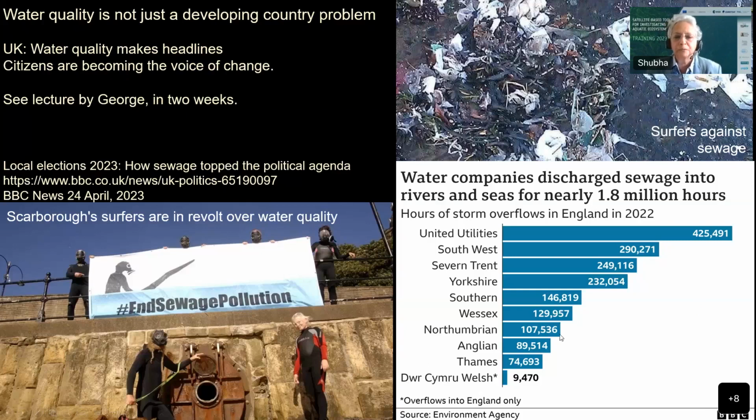And this has only made the news because surfers have united against mistreatment of our waters. So a group called, what do they call themselves? Surfers Against Sewage, I think, something like that. And they have been protesting against these, and all of a sudden it is in the national news. So we cannot underestimate the role that citizens can play in correcting some of the current problems.